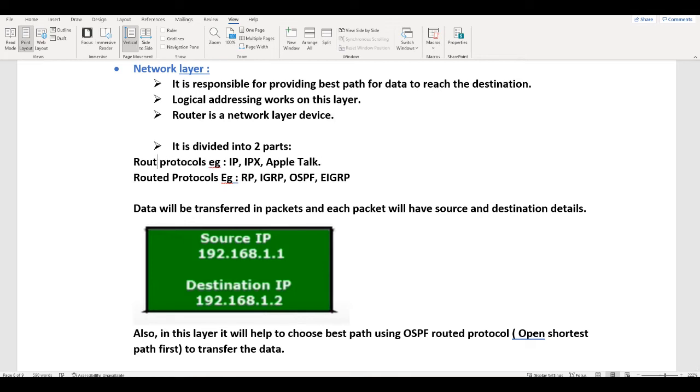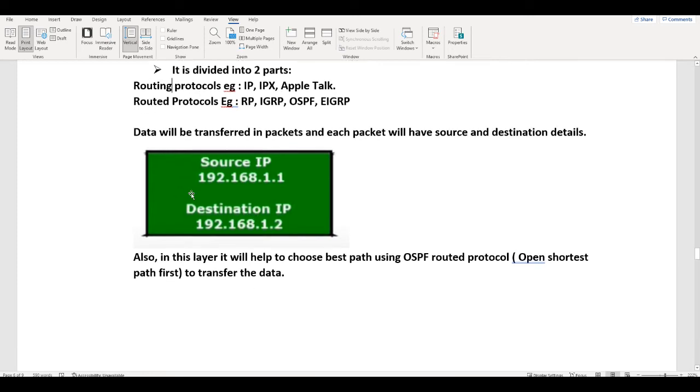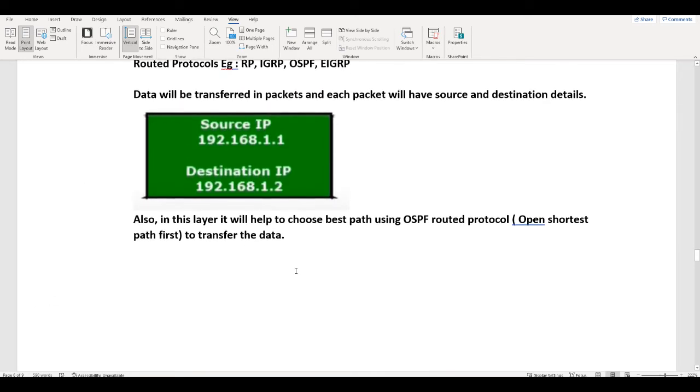Now this is routing protocols: RIP, IGRP, OSPF, EIGRP. Data will be transferred in packets and each packet will have source and destination details attached to it. When a router transfers the data, it will choose the shortest path to transfer the data.